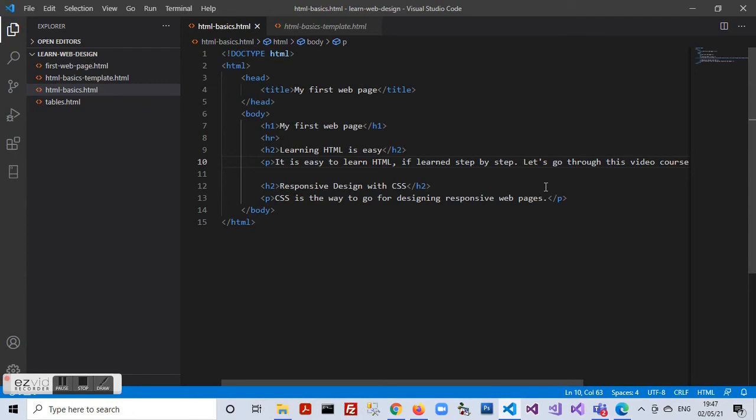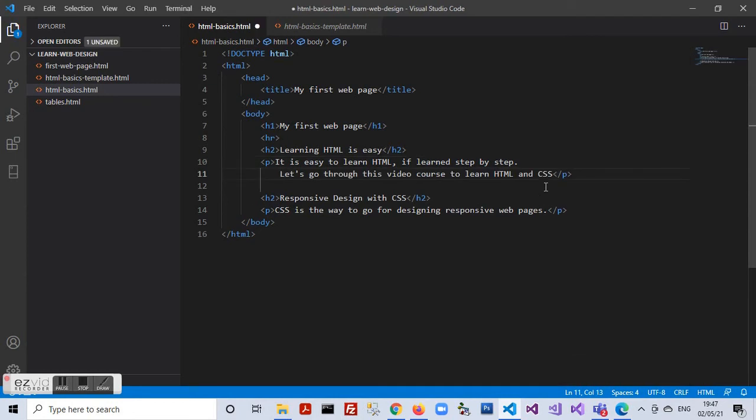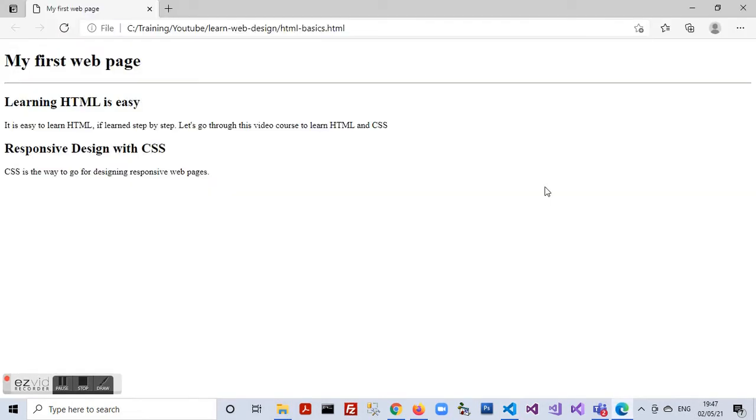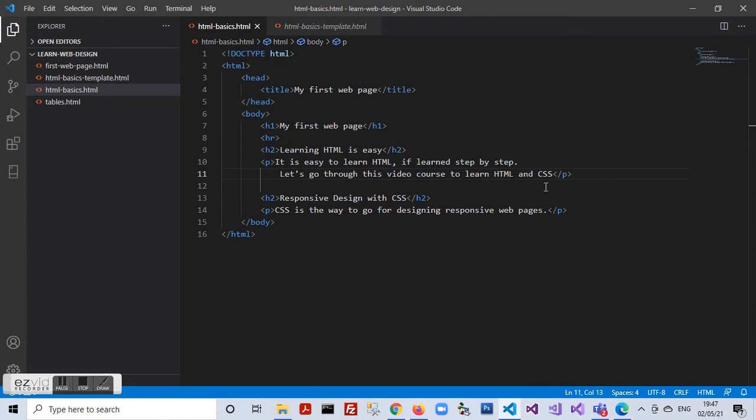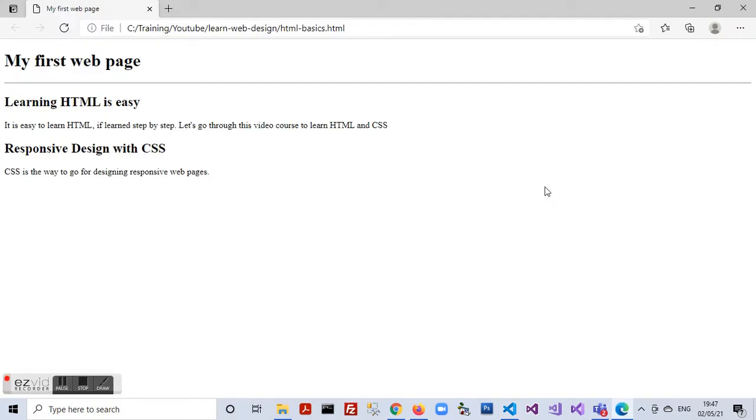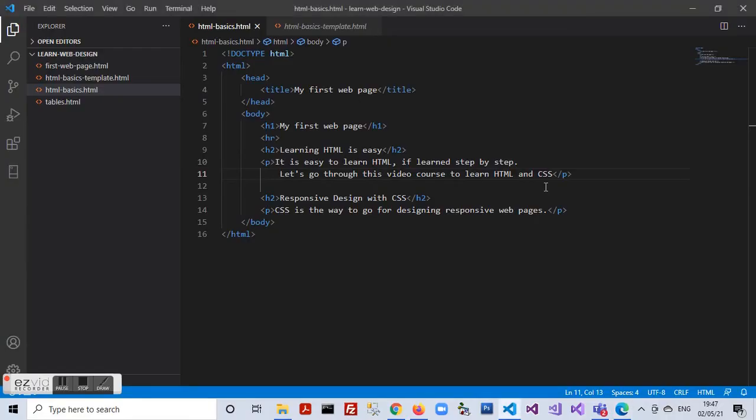Next we see that we are having 2 sentences in our first paragraph, and we feel that we need to display the second line after the first line. We press a return key and we move to the browser window and refresh it. So here we see that the return key has no impact on the page as displayed in the browser. So HTML does not display extra blank spaces.